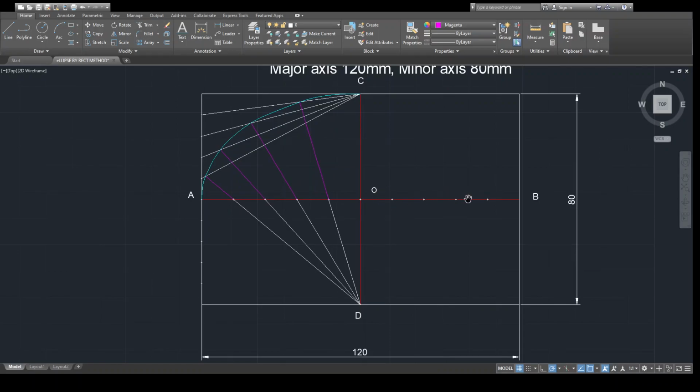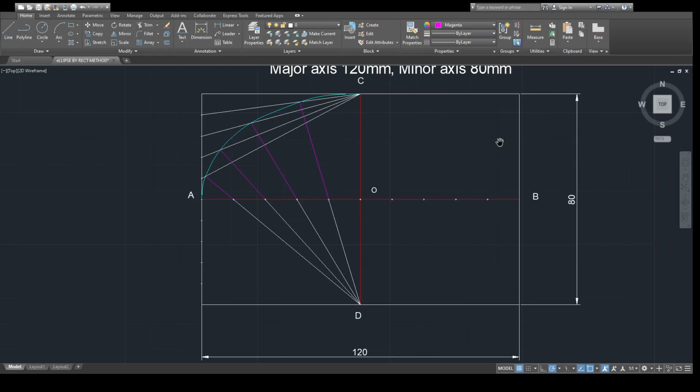we have already divided this line OB into 5 equal parts. Again divide this vertical line into 5 equal parts. Repeat the same procedure on this side, similarly in this quadrant. So divide this vertical line into, suppose, 10 equal parts, 5 up, 5 down. Already we have divided the line into 5 equal parts, so just join the points. The same procedure we have to repeat here.